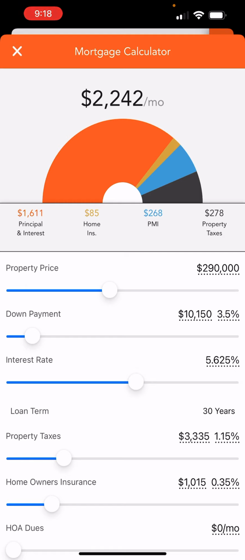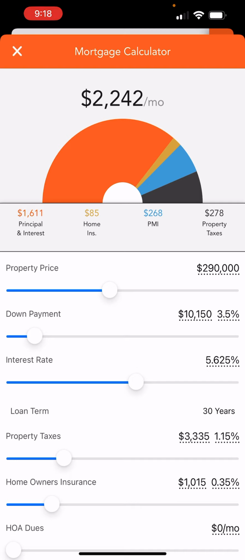Down payment is the next toggle down. If you're working with an FHA, you are a first-time home buyer and you qualify for FHA loan, you are eligible to pay only 3.5% of your down payment. If you're conventional, you will pay 5%. That's the minimum you can pay. But let's assume you are a first-time home buyer and you get the 3.5% down payment. That's your number right there,